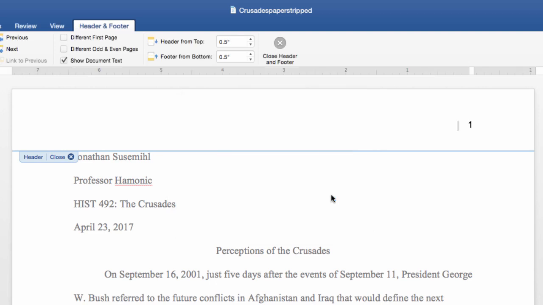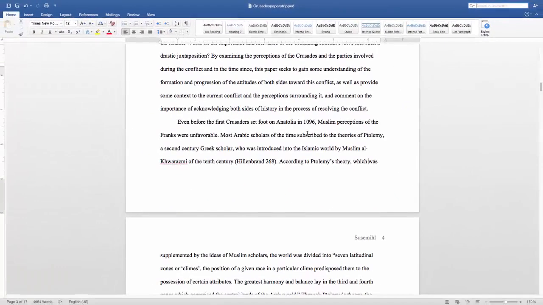Then, hit OK. The page number should now appear at the top right-hand corner of the page. Then, click to the left of the number and type your last name. Make sure that the page number and your last name use the same font and size as the rest of your paper. Now that we've formatted the document and inserted page numbers and a title, let's discuss the formatting requirements